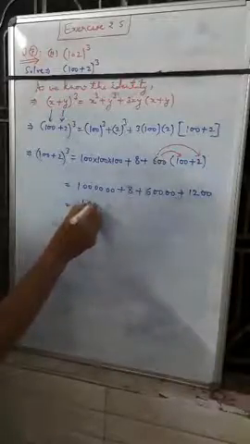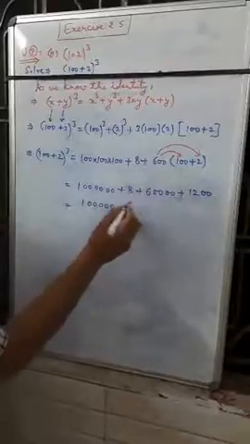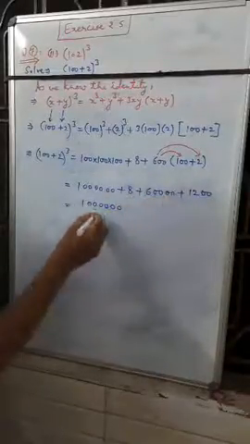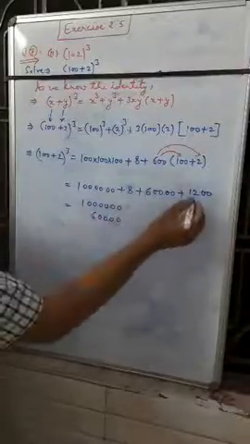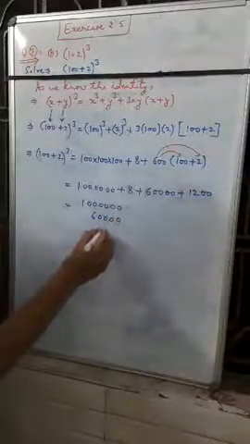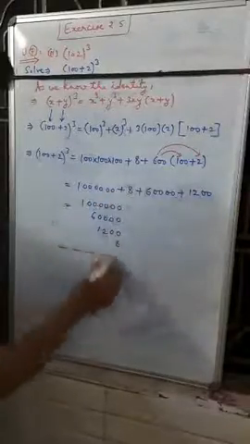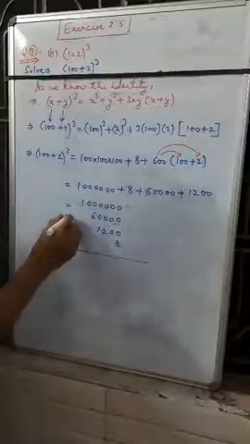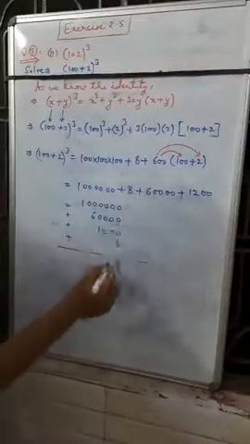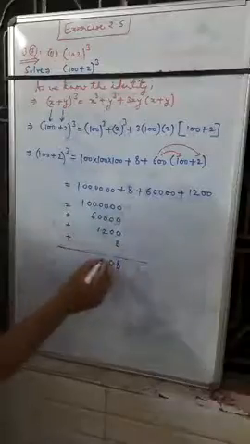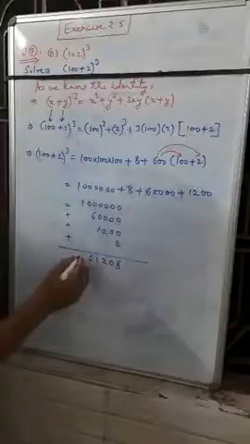1, then 1, 2, 3, 4, 5, 6. Then we will write this one. How many 0s? 1, 2, 3, 4. Then write down 6 here. Then 1200. 1200 we have written, and then the last one, 8, and we will add all the values like this. So we will add 8, 0, 2, then 1, 6 and 10.